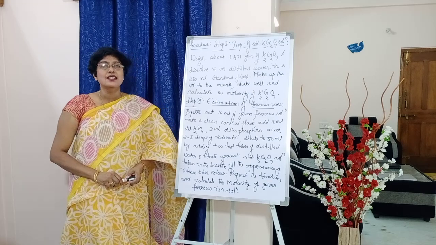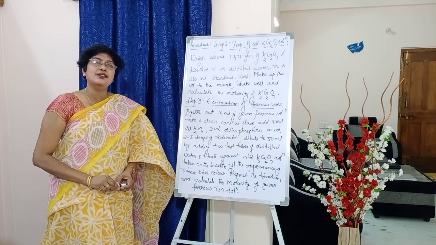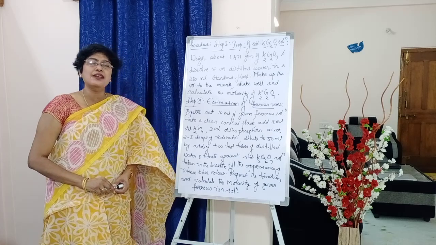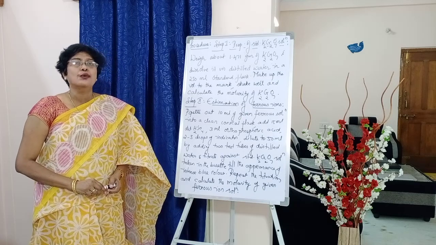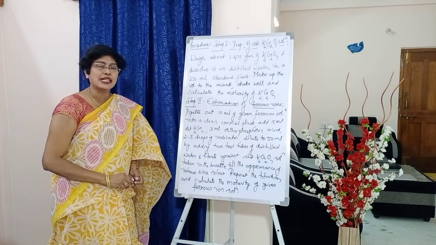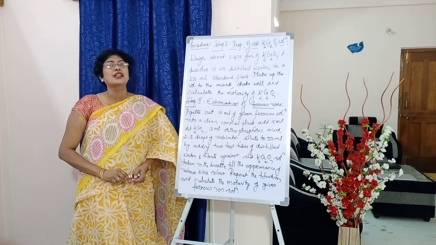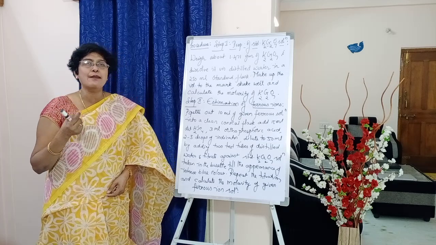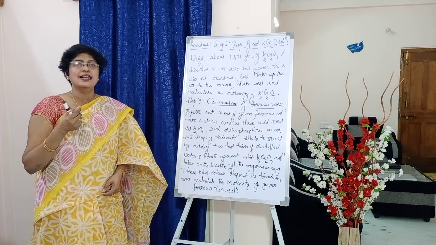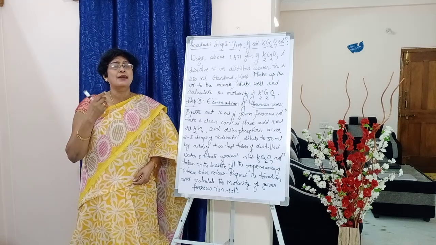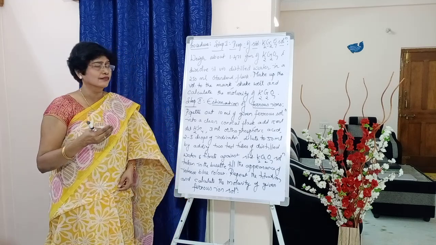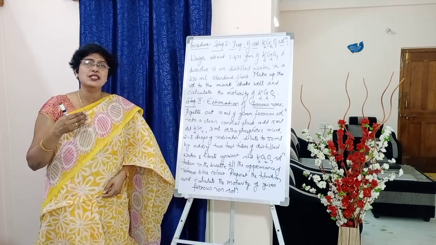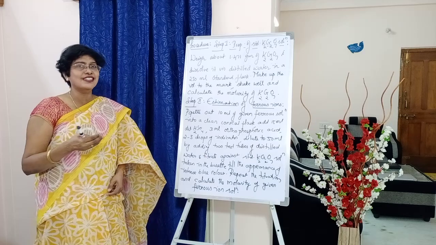Done? Okay. So, how to prepare this standard K2Cr2O7 solution? So, we take 1.471 grams of K2Cr2O7. So, we will weigh that much amount of potassium dichromate. We will dissolve it in distilled water, taking a 250 ml volumetric flask, and later we will make up the volume to the mark, and also we can calculate molarity of K2Cr2O7.